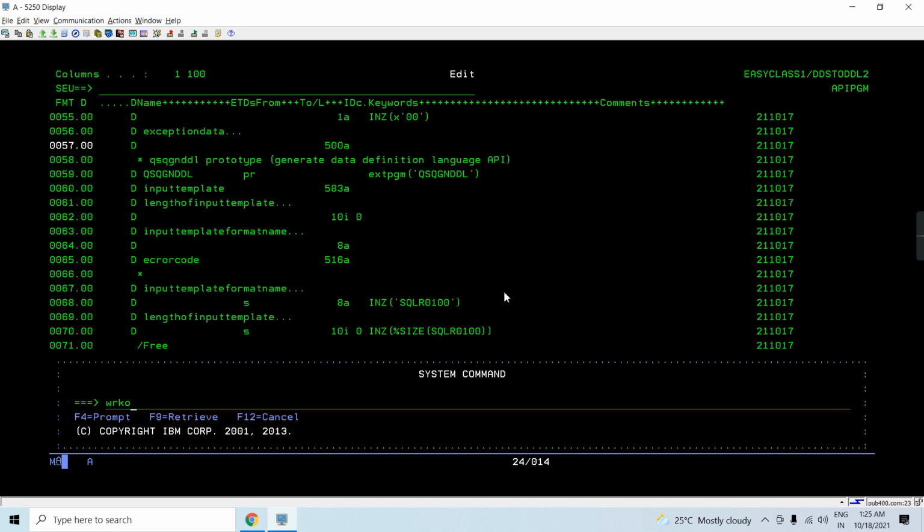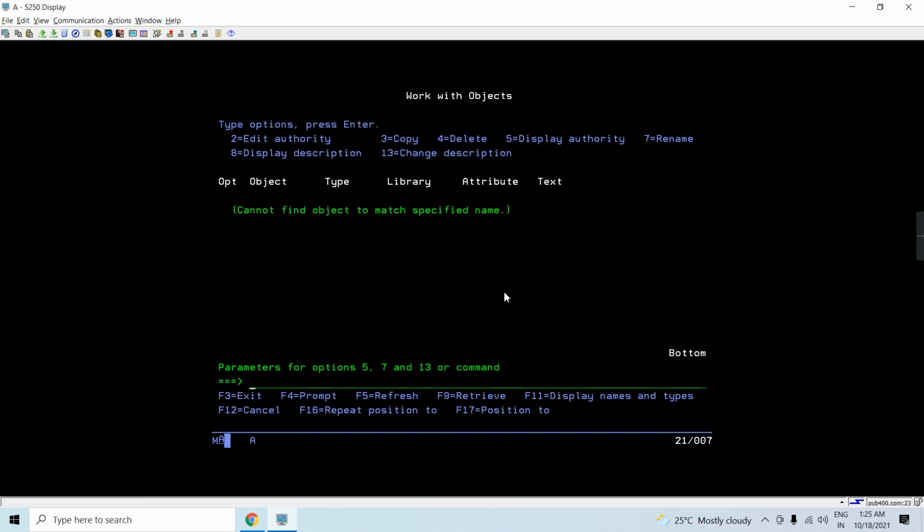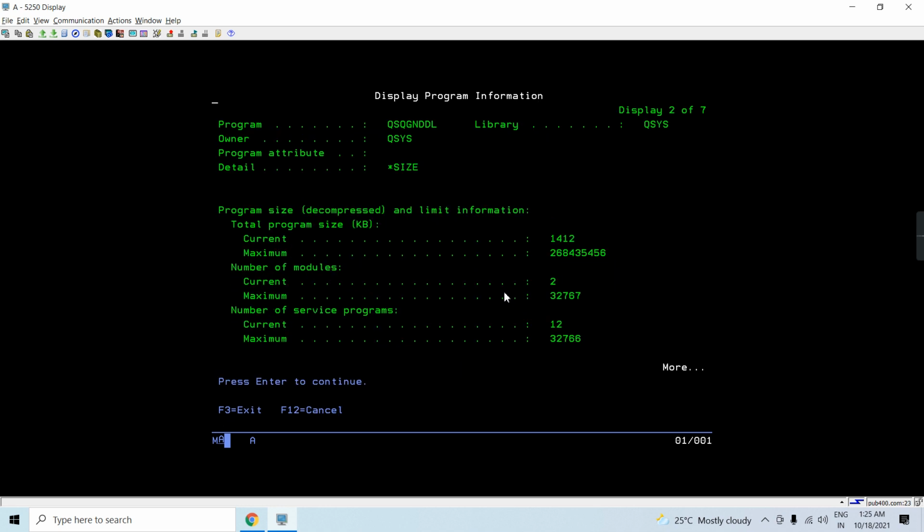Let me do a work with object. You can see this object is of program type and it's present in the QSYS library. Let me do the DSPPGM on this.